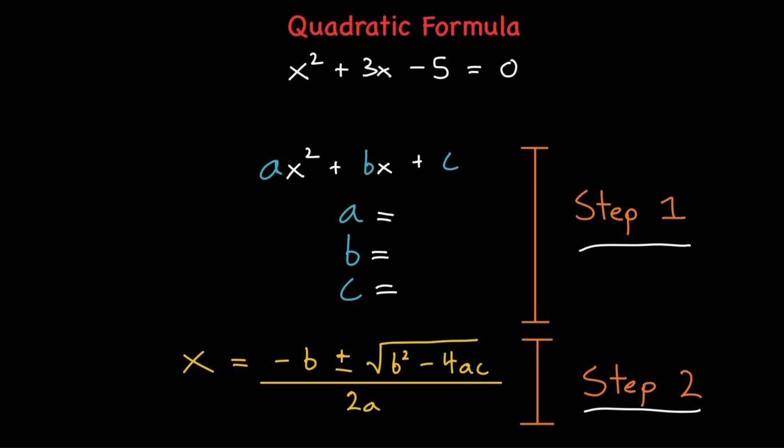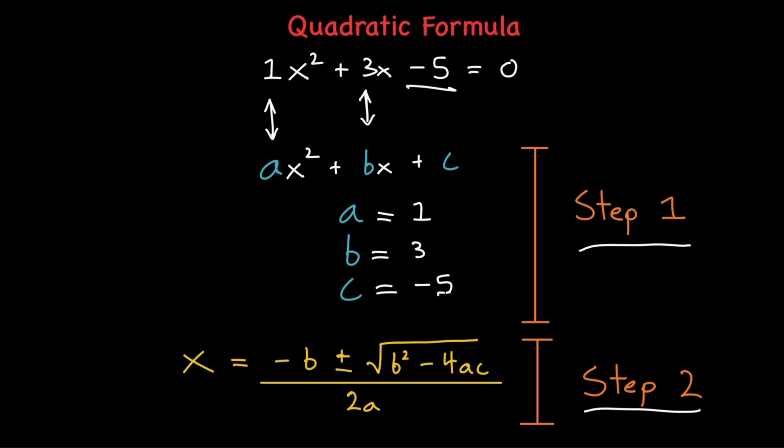So for this example, let's identify our values of a, b, and c. X squared by itself means the coefficient is 1, and so corresponding to a, our a value is 1. The coefficient of our single term of x is 3, and so corresponding to b, we can say that b equals 3. And then the constant term on the end is minus 5. And so our value for c is minus 5. So now that we've found our values for a, b, and c, we can solve this equation using the quadratic